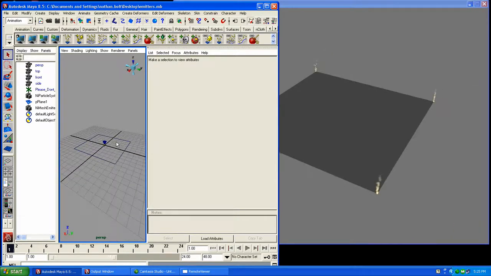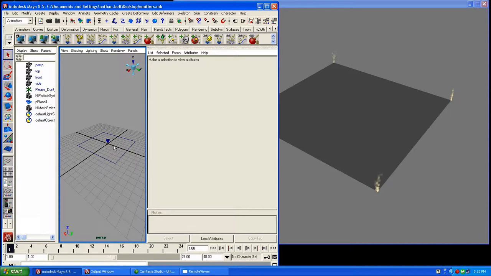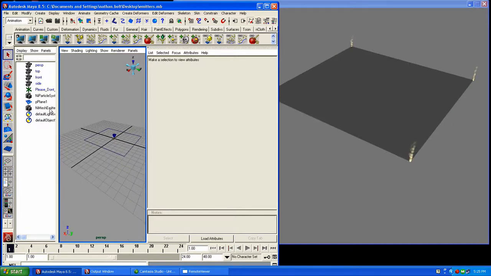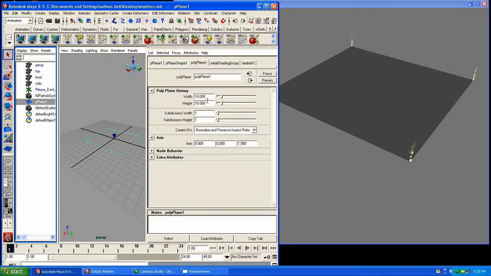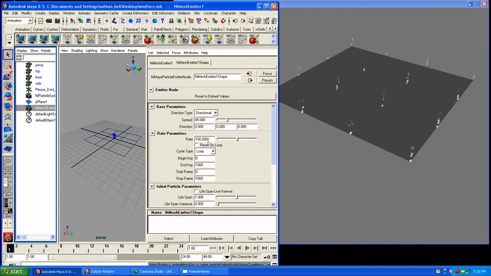Now you probably noticed by default that it's only emitting from the corners of this. That is expected. If we go ahead and grab the plane and subdivide that further and then do a refresh because we're actually changing the geometry, you'll notice that it's only emitting from certain points, actually the vertices. And let me go ahead again and increase the rate on this so we can see that